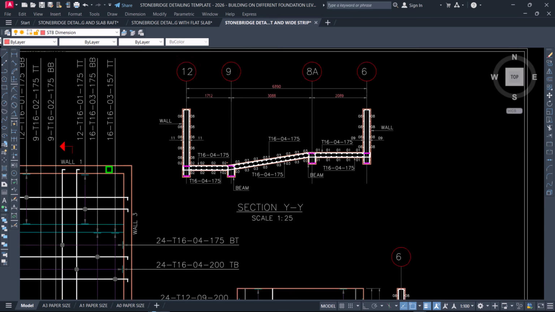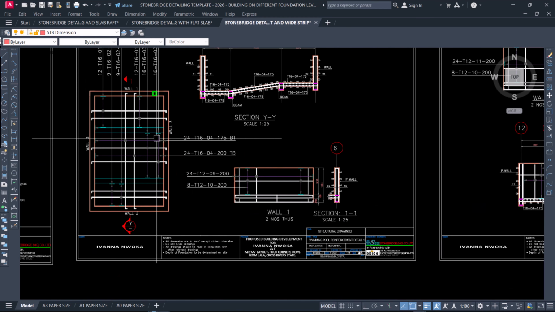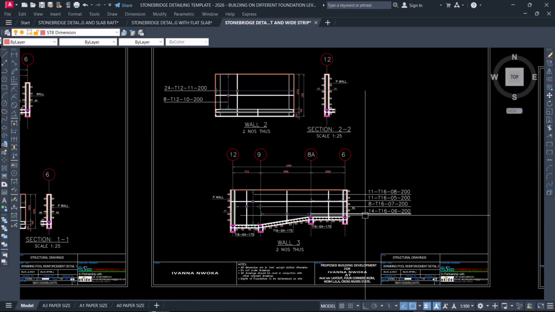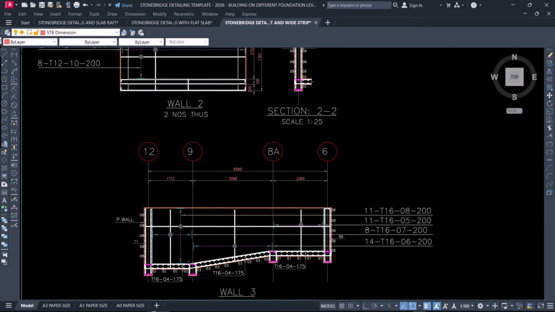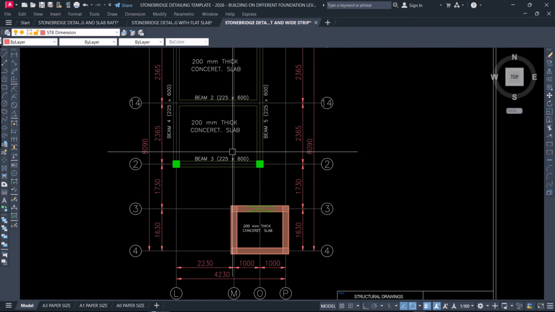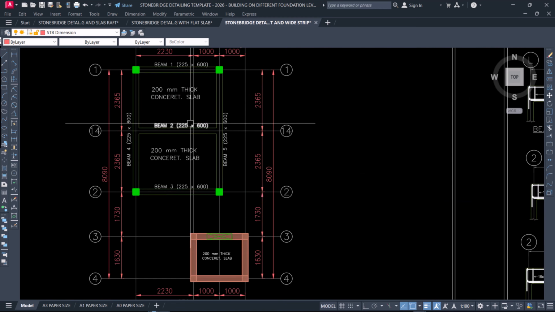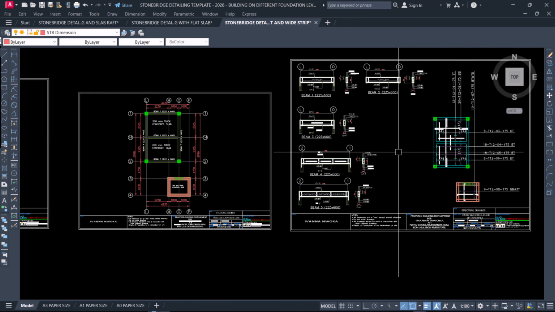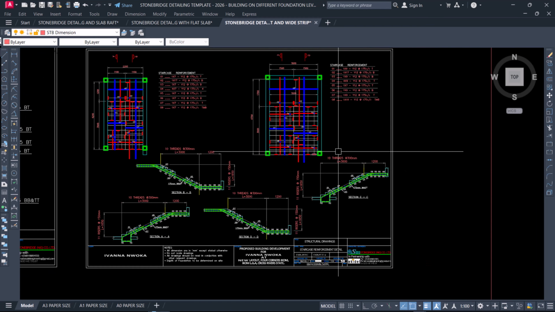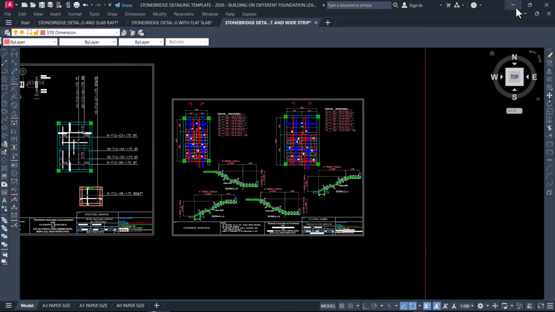Okay, that is fine. And then you can see the pool detail here. And then this is also the other view. Also for the other view, you can see that. And then we move to the roof. This is the lift or something on the roof. Yeah, so you can see all that, and the staircase too. Yeah, they're all here. Okay, that is fine. So we now move to the next one, which is